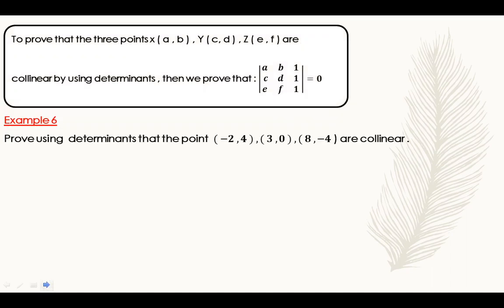To prove that 3 points x, with coordinates a and b, y, with coordinates c and d, and z, whose coordinates are e and f, are collinear by using determinant, we prove that the value of the determinant equals 0. Okay, so in this example